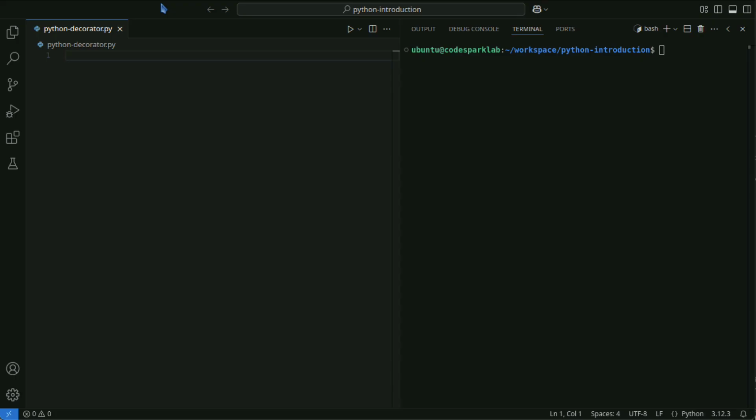Without decorators, altering a function's behavior requires directly editing the function itself. With decorators, you can extend functionality without modifying the original implementation.